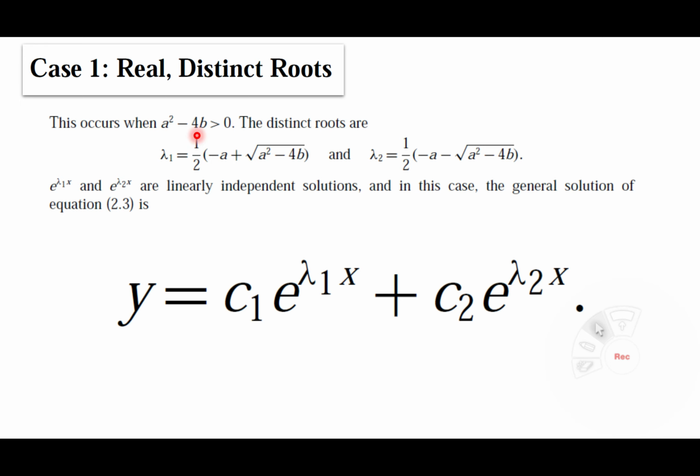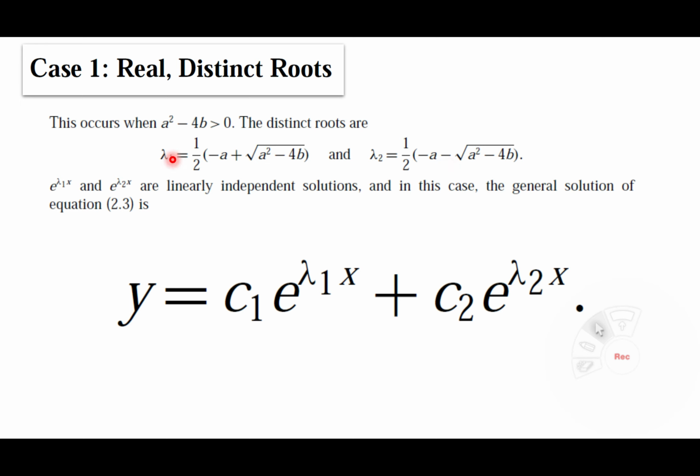Lambda 1 is going to be half times minus a plus the radical of a squared minus 4b. And remember, the term under the radical is going to be a number which is larger than 0. And lambda 2 is going to be half times minus a minus, instead of plus here, the same term, the radical of a squared minus 4b. Close the parentheses. From here we can obtain lambda 1 and lambda 2, which are the roots